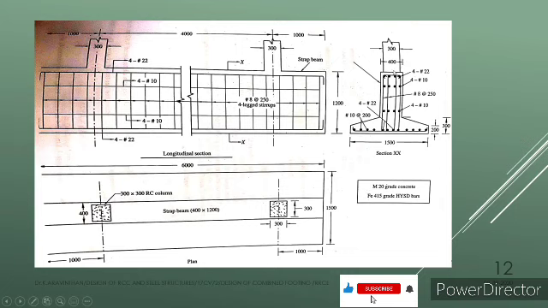Now, if we are starting this design, we are having the breadth of the strap beam as 400 mm, which we have already assumed. Now, we have to design the depth. What is the minimum depth required for the section and the area of reinforcement. So, let us proceed into the solution. We are having a center to center distance of 4000, that is 4 meter, between these 2 columns. You are having a soil load below that, which is 250. Right now we have found the factored soil load as 250.